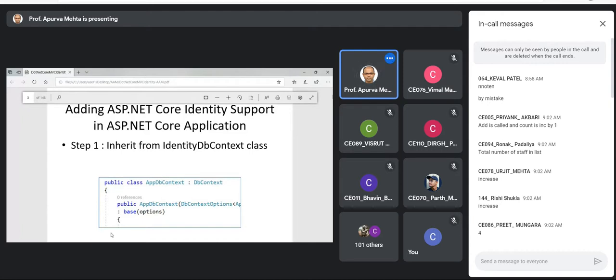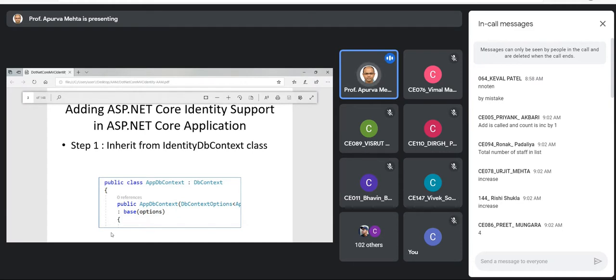Now, how do we add Identity in a .NET Core application? Whenever you first create an EF Core based application, a database driven application, you have one DbContext class, say your application DbContext class. In my case, it is AppDbContext, or it could be StaffModel.